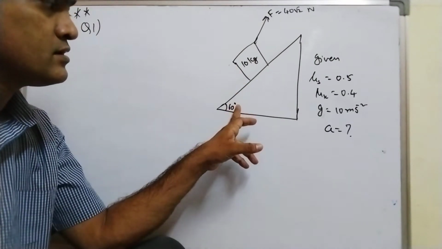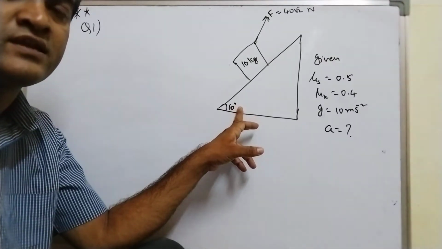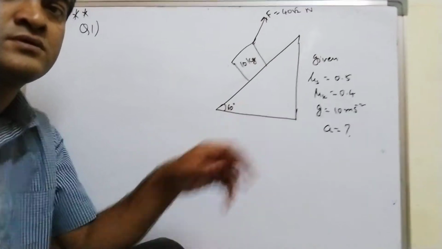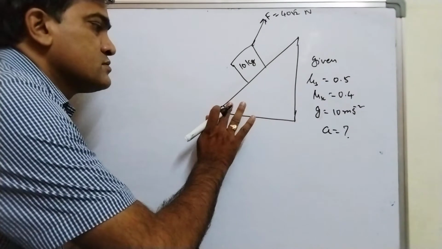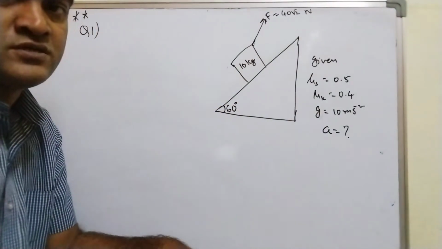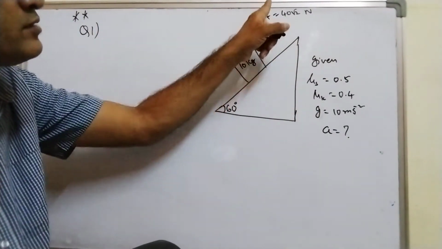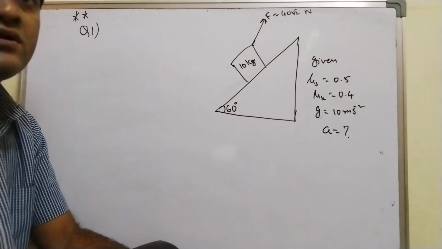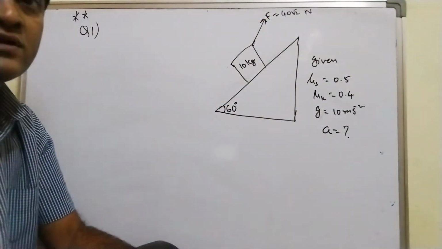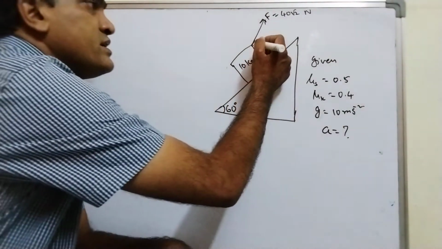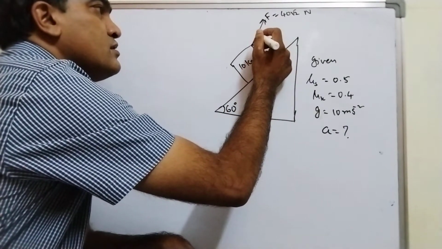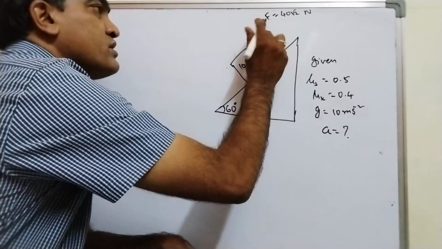The angle of inclination of the inclined plane is given as 60 degrees, and you are pulling the block with a force of 40 root 2 Newton as shown in the figure, which is making an angle of 45 degrees